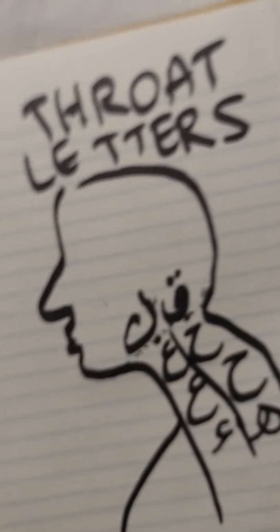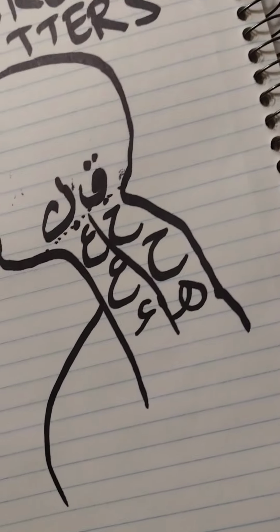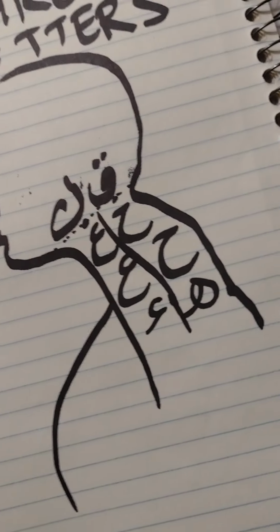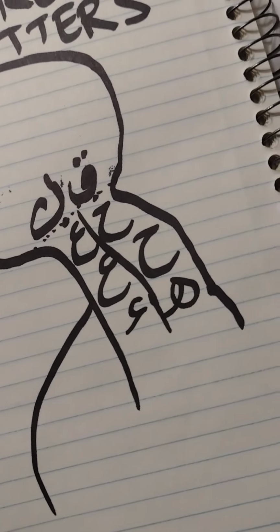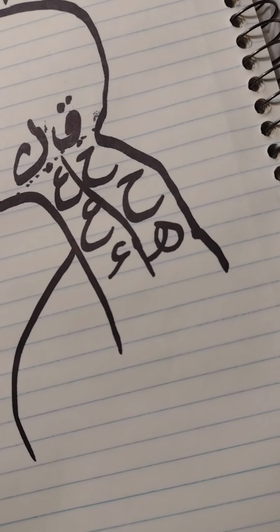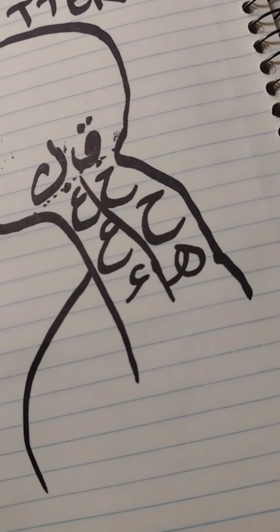And the next thing I wanted to go over is how important the throat letters are. I made a diagram of the throat letters so we can see that the throat is divided into three parts. You can see the bottom of the throat near the chest has two letters, ha, like the English H, and Hamza, like the A sound in English. So they both come from